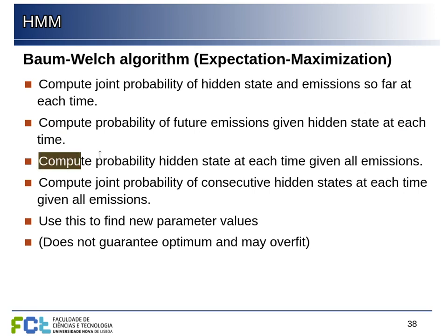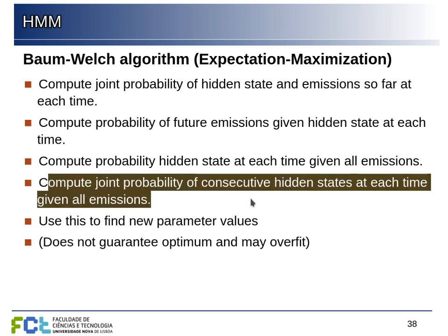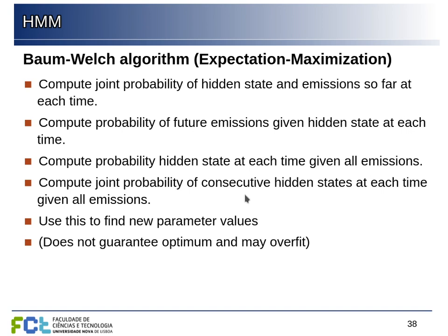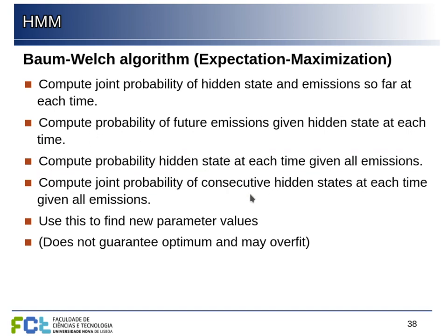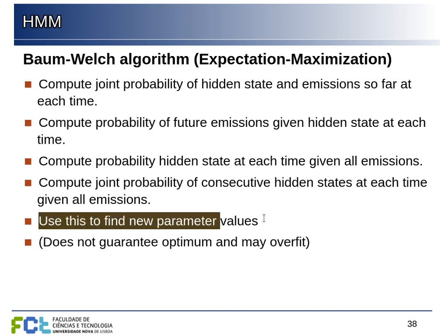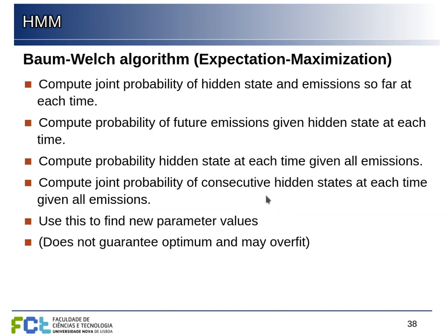With this, we can compute the probability of the hidden state at each time, given all the observed emissions in the sequence, and also the joint probabilities of consecutive transitions, of consecutive states between one time and the next, given all the observed emissions that we have. So with this, we can now create the likelihood function that we can maximize by adjusting the parameters to better values,